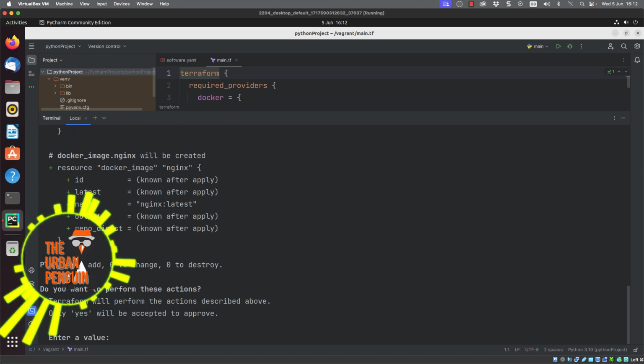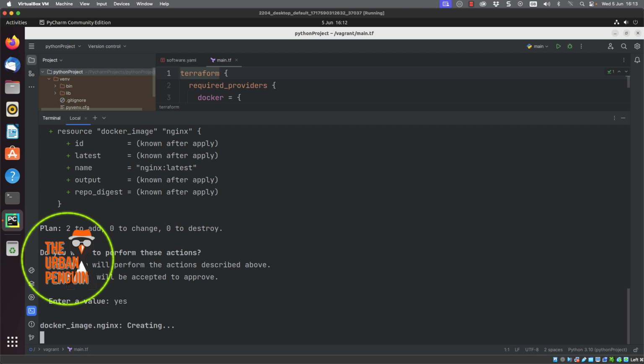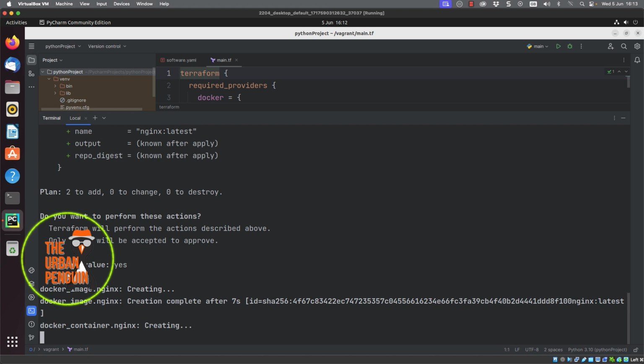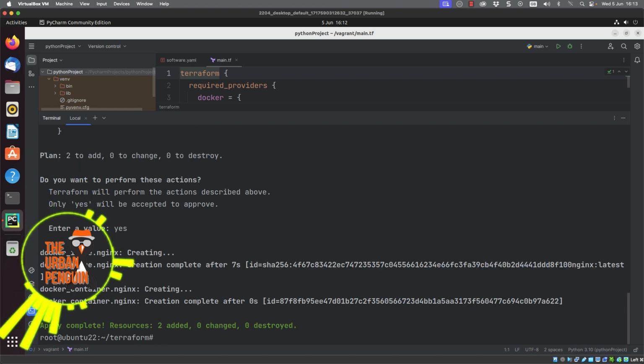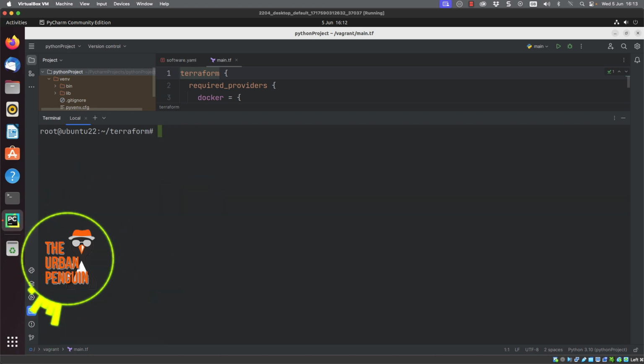So this is then looking at what it needs to do. I have to accept that I want these resources created, so I can enter yes. I can automate this if I want with a --auto-approve option. So it's downloading the image, it's creating the container,